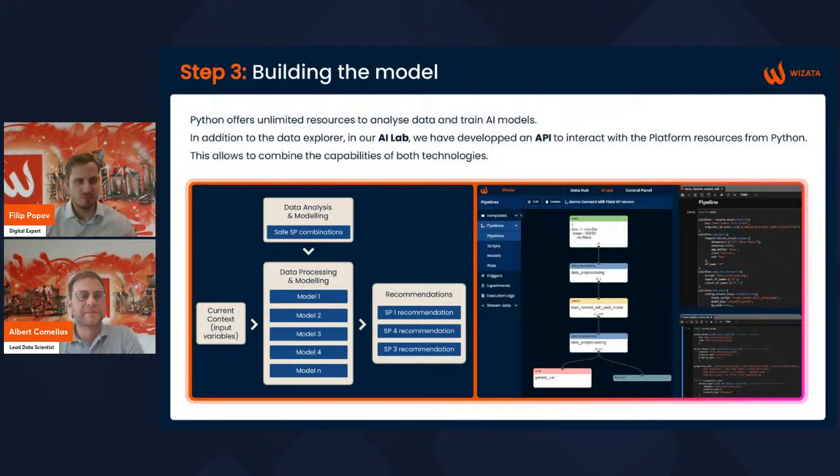Perfect. Okay, let's bring it back a little bit for us that are not AI experts like yourself. Once you've developed that, where does the user, and how does the user actually get that information? How do they consume it?